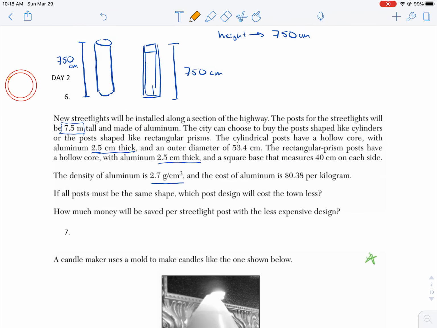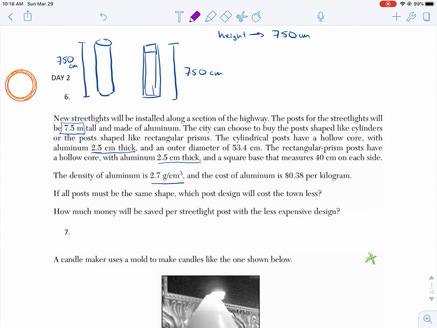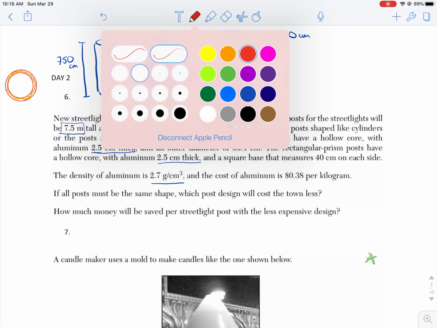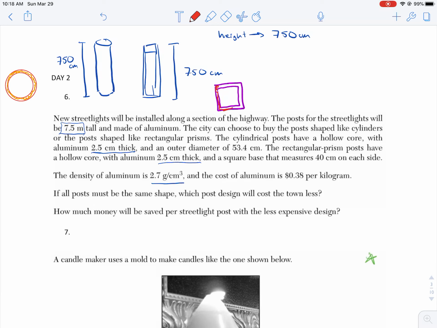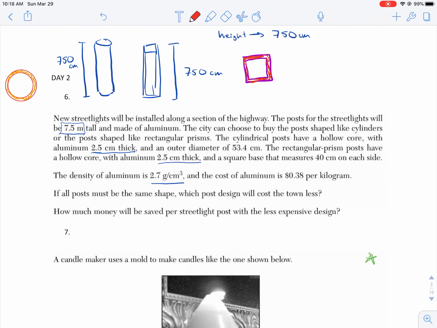Okay, not too bad. All right, is this post in the middle is going to be 2.5 inches thick. Okay, and then for our rectangular prism, okay, this one's going to be 2.5 centimeters thick as well. Okay, so we're going to have to keep that in mind when we're finding these volumes